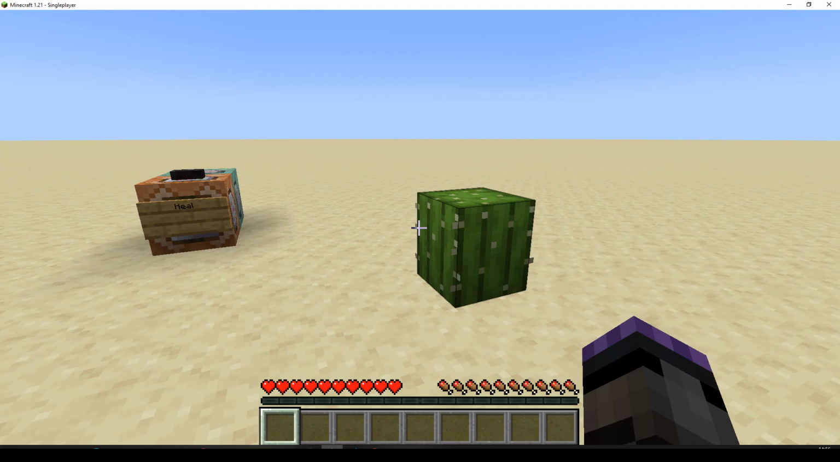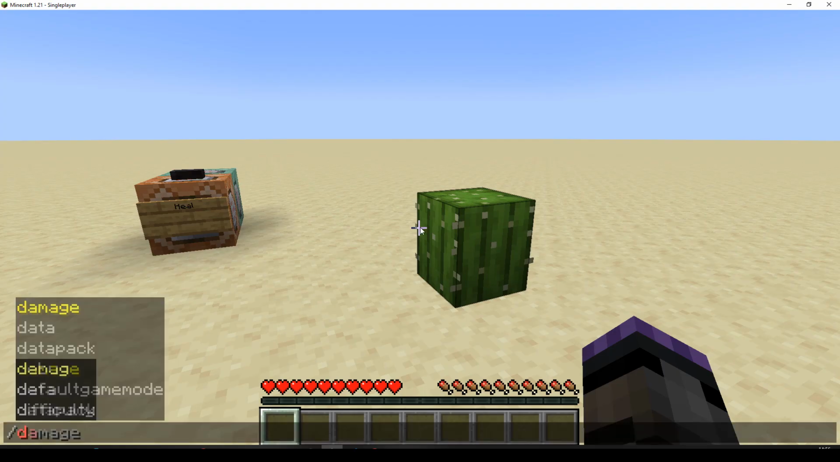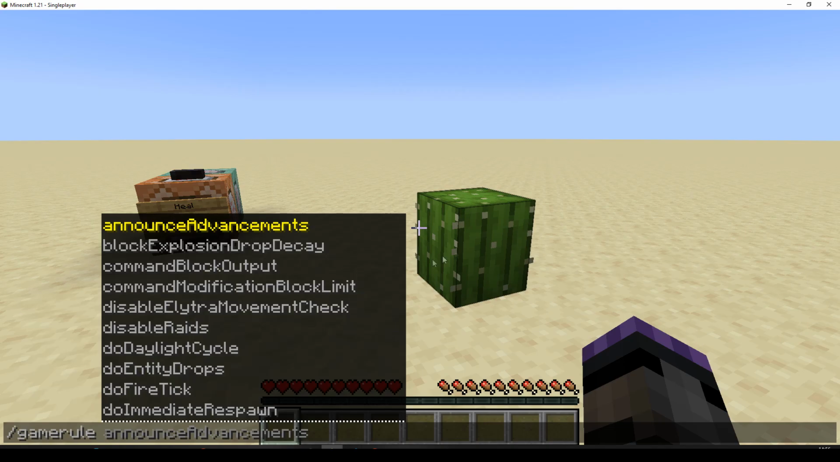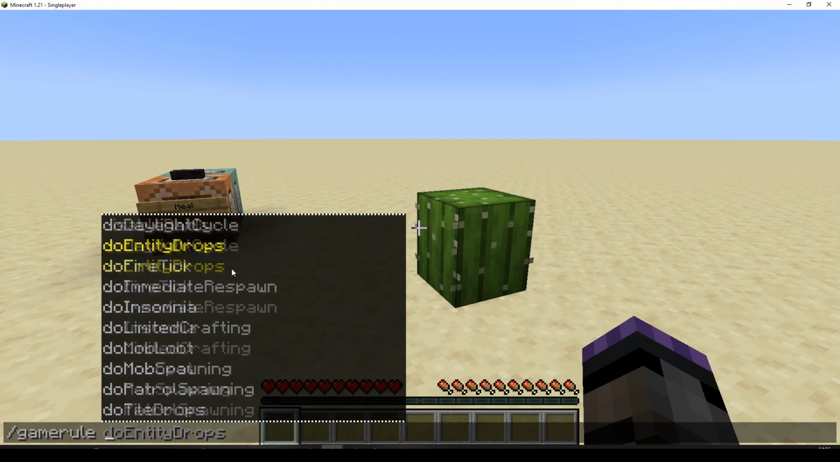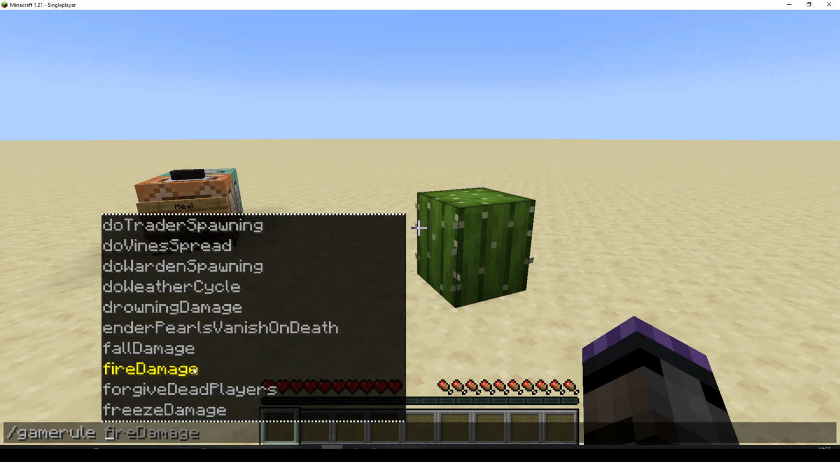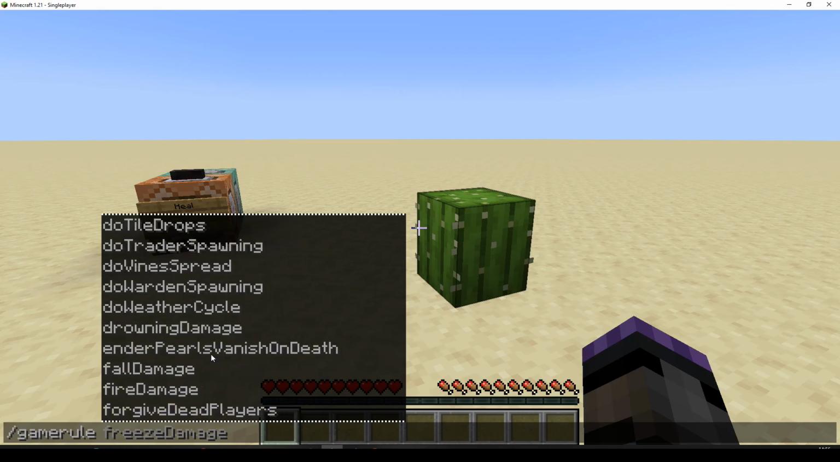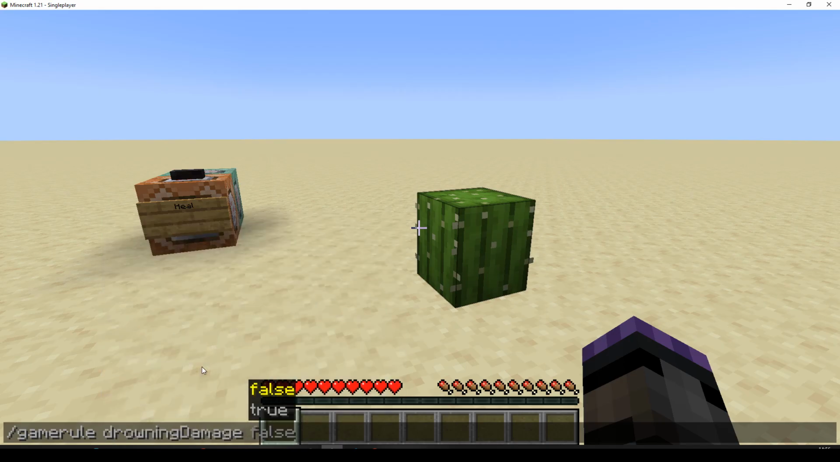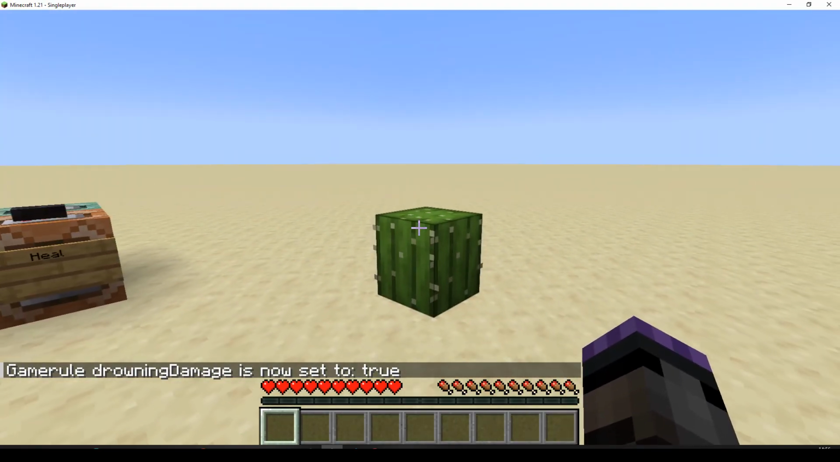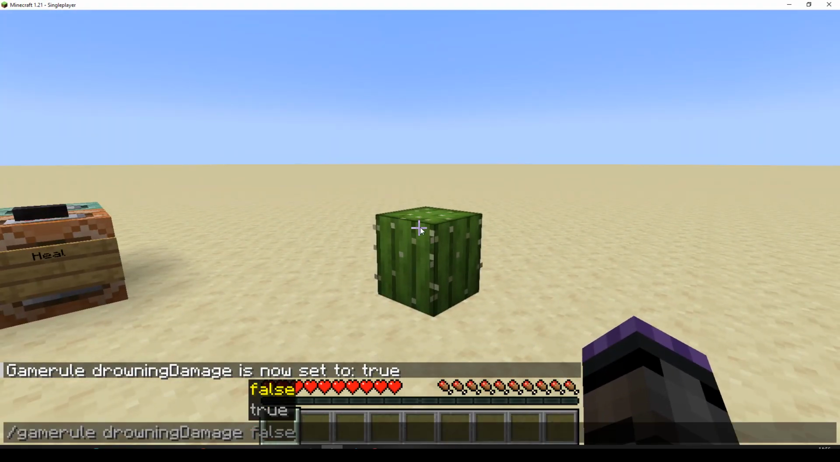Here comes the waffling. If you want to see how it's done, you can skip ahead using timestamps. Some damage types we can turn off using a game rule. Looking down here, we've got drowning damage, that's the one I'm currently using, but we've also got fall damage and fire damage. So let's use drowning damage, and if I set that to true and stand on the cactus, now I get hurt. If I set it back to false,